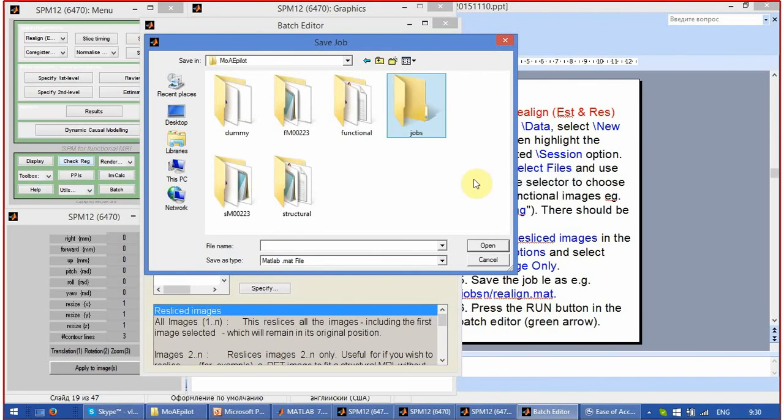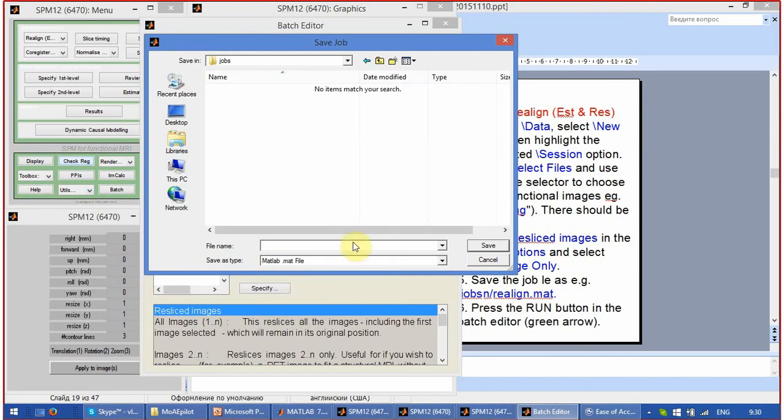Why is it useful? I will show you. So we call it